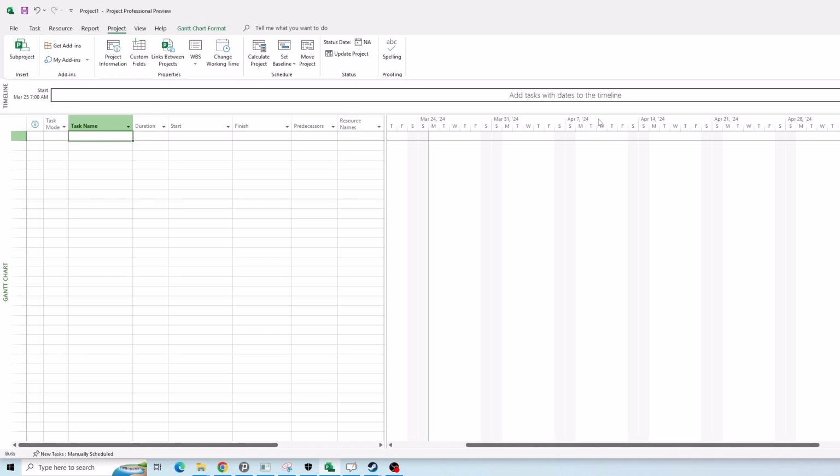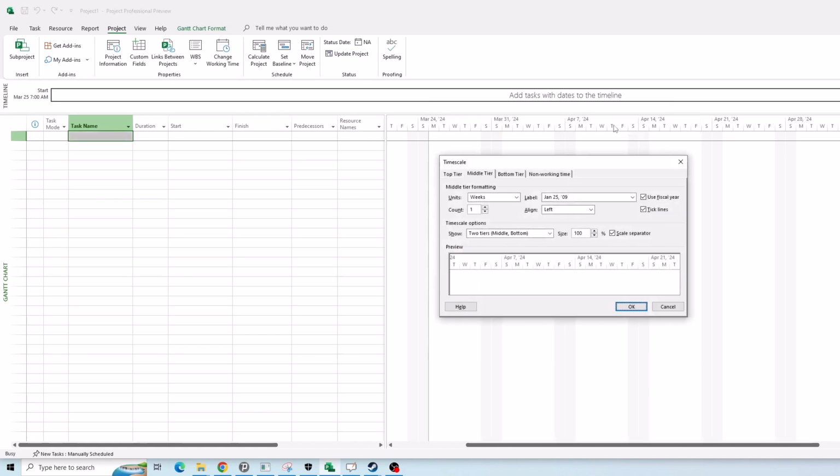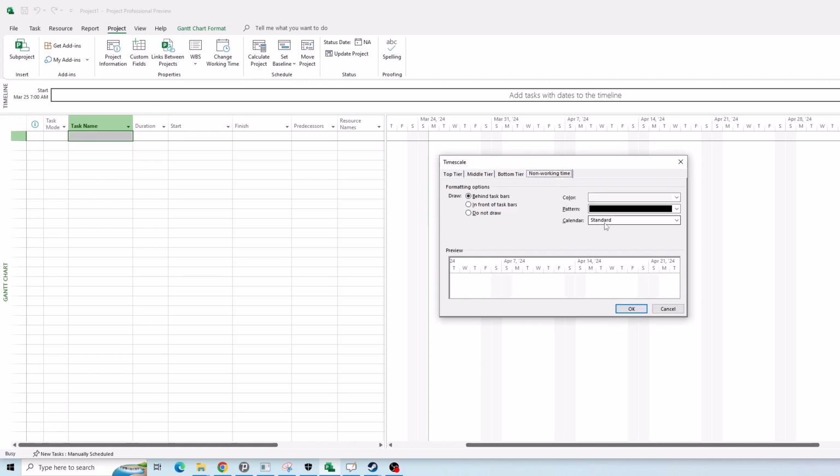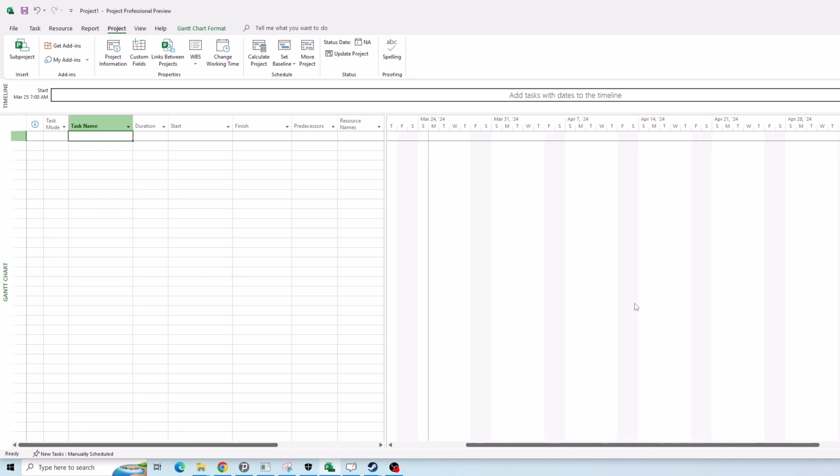So I right click here, exactly here, Time Scale, and on the Non-working Time tab, here you can define which calendar is used to show on the Gantt chart. I use Practice 1, okay. Now, as you can see, Friday and Saturday are off, shown as public holidays or non-working days. Okay,